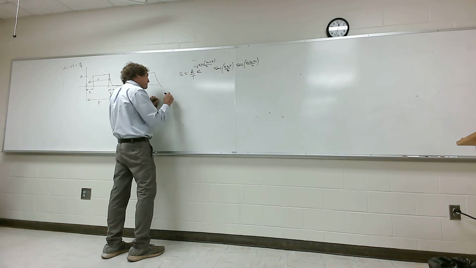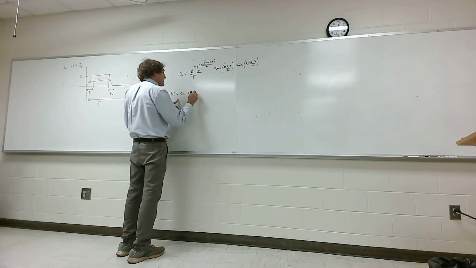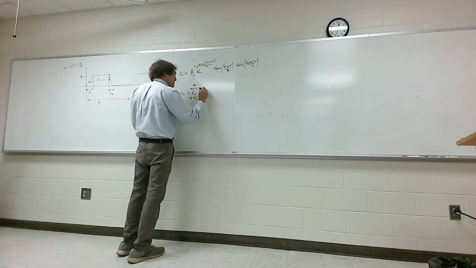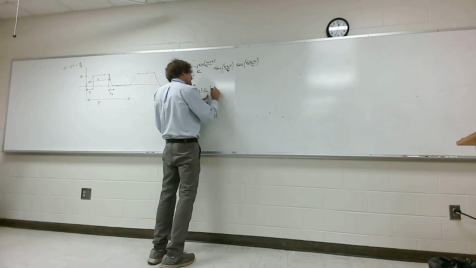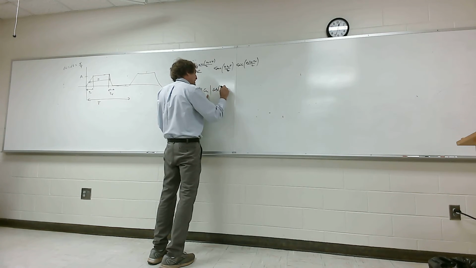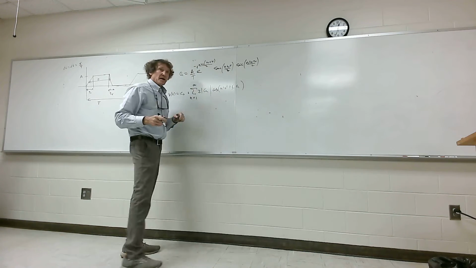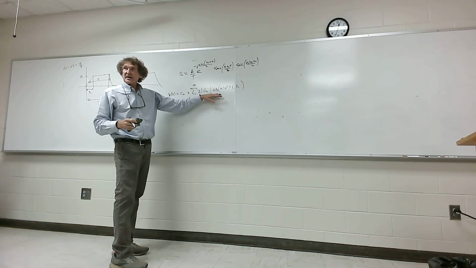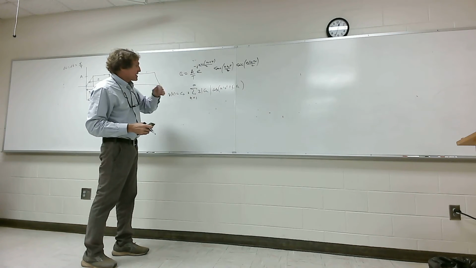This is also the C of n that goes in the series I just showed you, where my v of t would be equal to C0 plus the summation from n equals 1 to infinity of 2 times the magnitude of C of n, times the cosine of n omega naught t plus the phase angle of C of n. Now, hear me. Each one of these terms is phasor-like: a magnitude and phase at a constant frequency. When I take a look at this, and if I plot it,